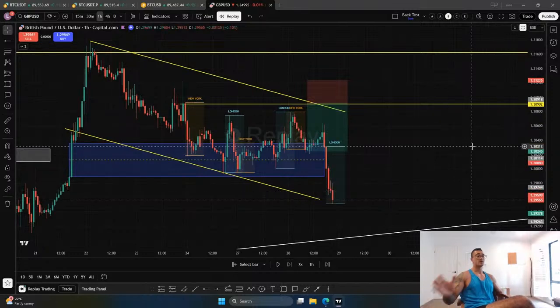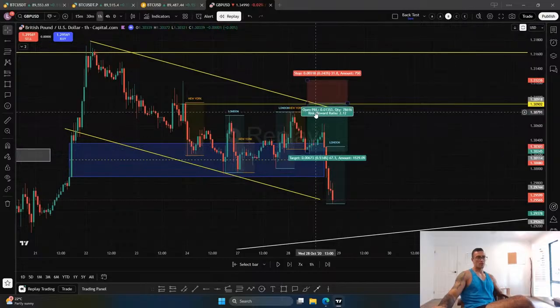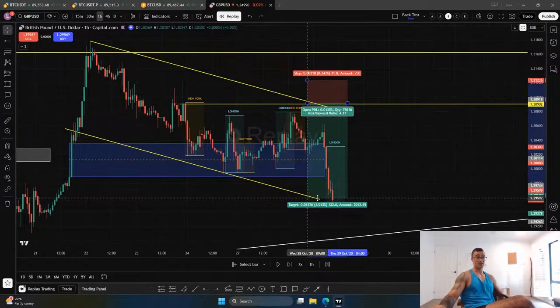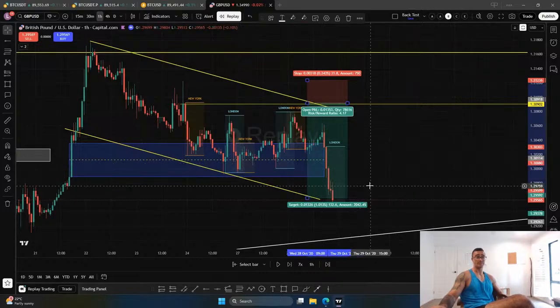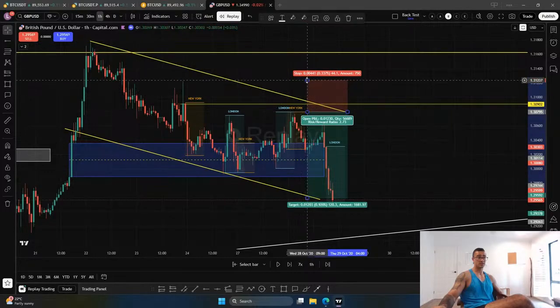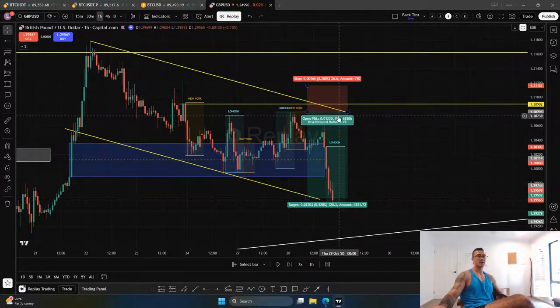Perfect. Okay. My analysis was still correct, okay? I didn't get wicked in the trade. I was going to go down here, right? That's a 4.17 risk to reward ratio trade right there. If I had got, well, let's just say I got in here and it would have been like this. It's 3 point. What I'm trying to say, okay, is